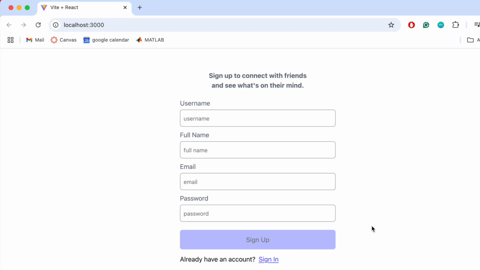Now let's start writing the test. My signup component has a form with input fields and a signup button. The button will be disabled and will only be enabled when all the fields are filled and validated. For this signup form, I'll be testing to see if typing in the input fields update their values, if clicking the login button triggers form submission,